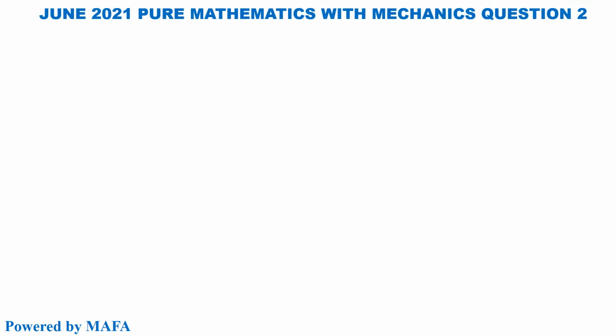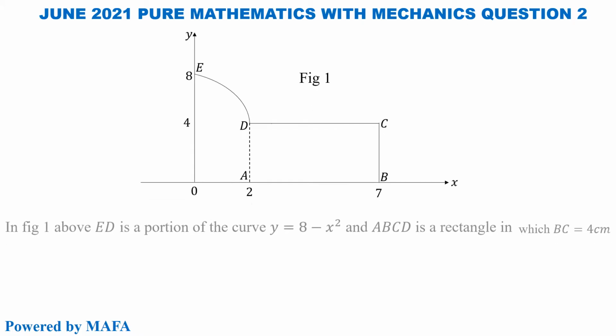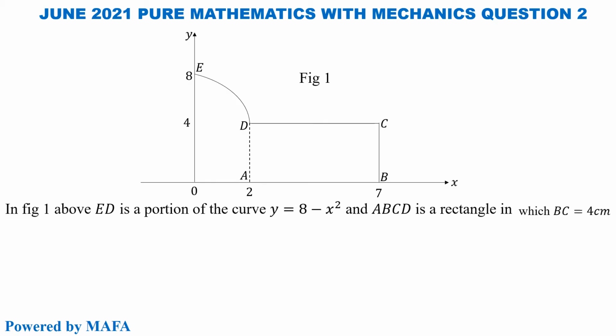Hello to everyone. In this video, we are going to be solving June 2021 Pure Mathematics with Mechanics question number 2. The question reads, in figure 1 above, ED is a portion of the curve y equal to 8 minus